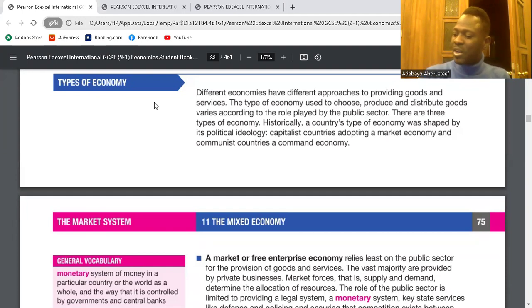Oh, that's why they said democracy is the government of the people, for the people, by the people. So that's the meaning of democracy. The people will elect the government. Government will work for the people to make sure the people are fine. People elect the government to work for the people and to be accountable to the people. Is it clear? Government of the people, for the people, by the people.